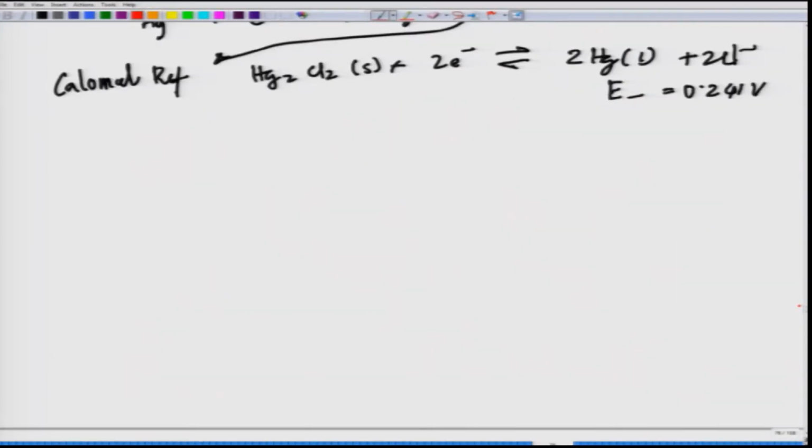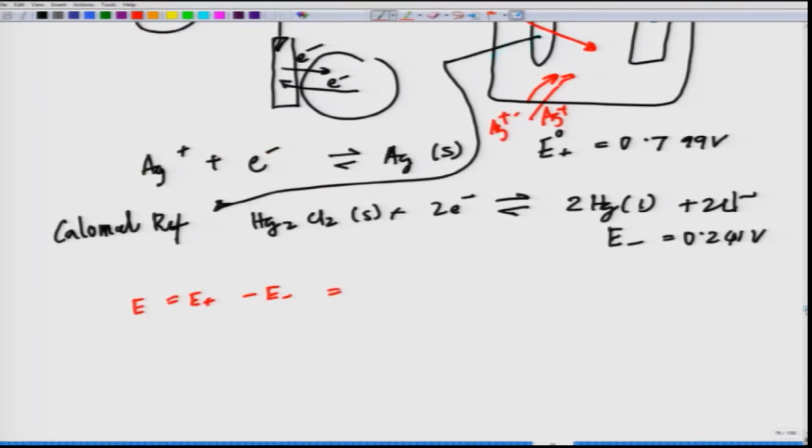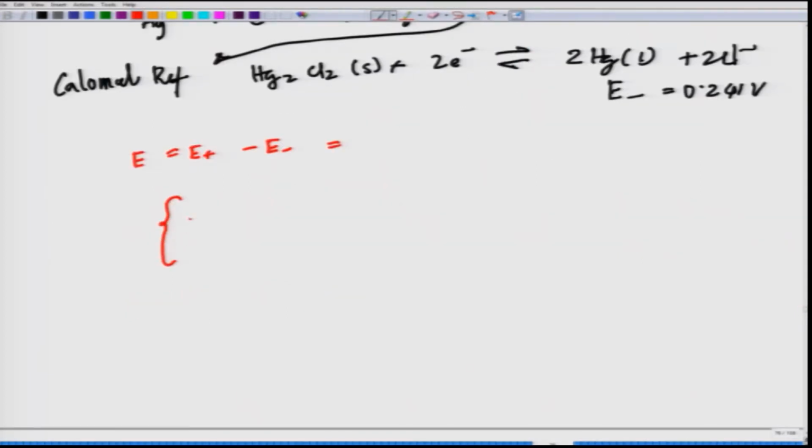So, now if you look at it, the way the equation will pan out will be E plus minus equals to, we have already talked about the values, 0.799. Okay. Now, let me plug in the values. The values will look like something like this: 0.799 minus 0.0596 log 1 upon Ag plus, which is your analyte you are trying to look forward to, what you have to find out,